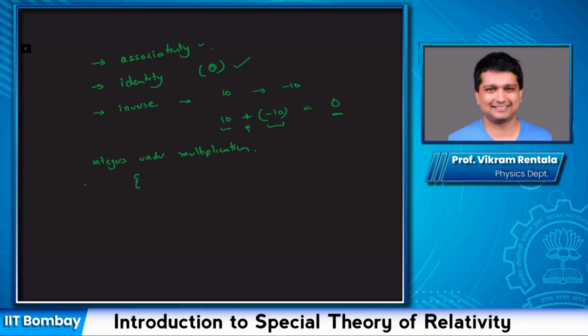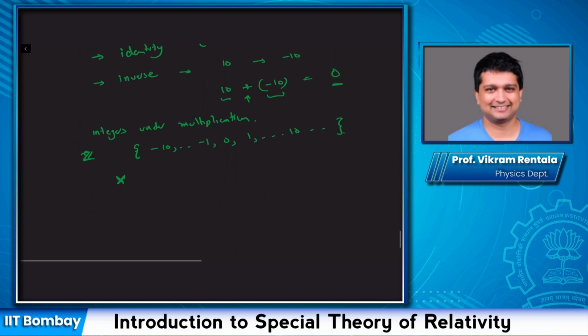If I take the set of all integers, Z, minus 10, minus 1, 0, 1, and so on, and I take the group operation to be multiplication, you would see that